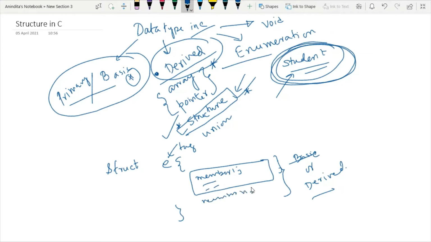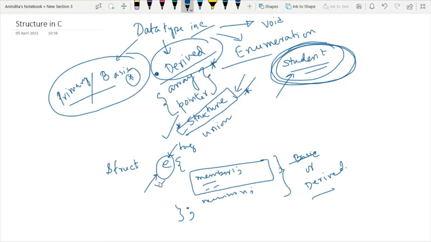And you have to remember one more point. The body of the structure ends with a semicolon. So this is the basic syntax of a structure. But we can also define a structure without a tag. Means a structure without a tag is also possible.